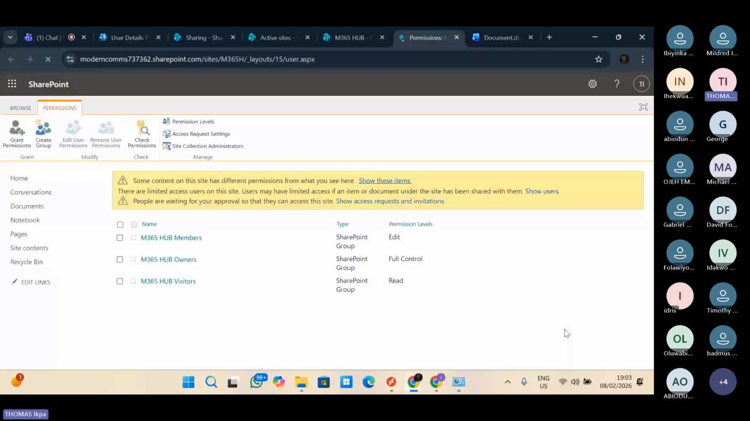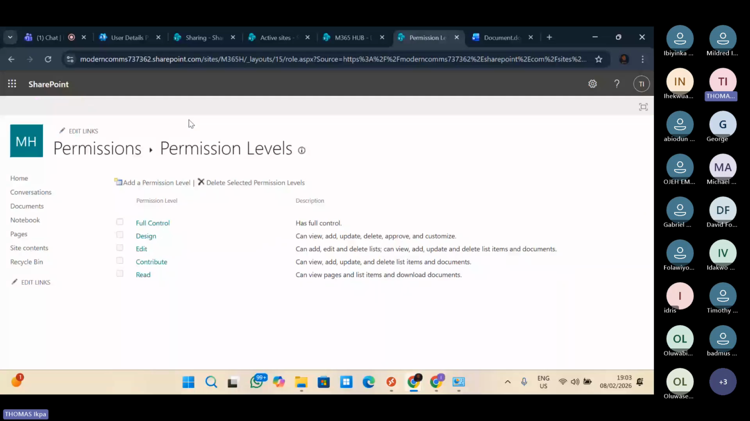All right. So now this is the advanced permission settings. If you look at the right top corner here, you see permission level. If I click on it now, it's going to show me the permission levels that are currently available. Right? Now we have full control. If I click on full control now,